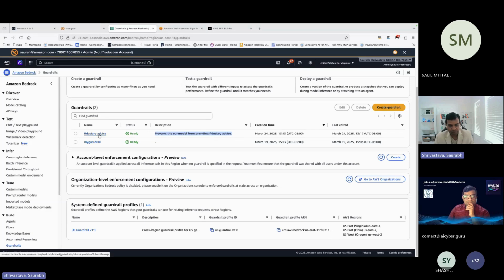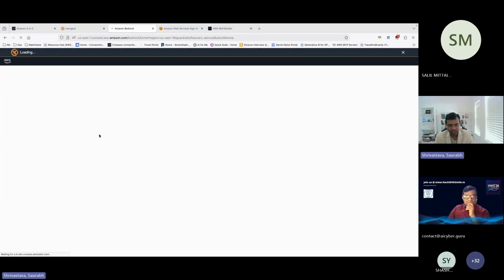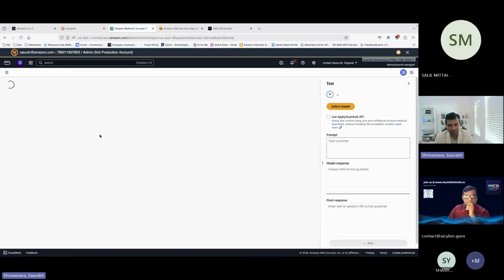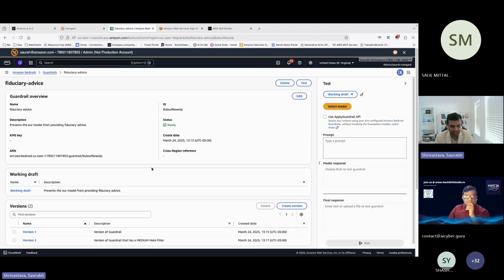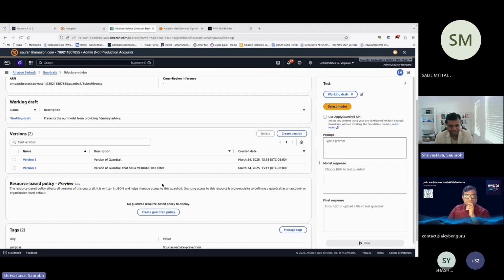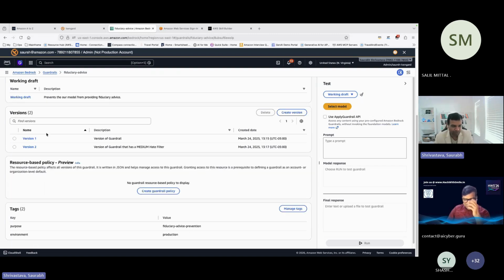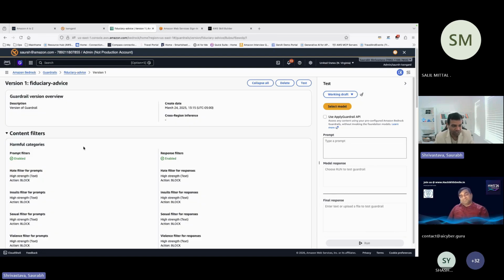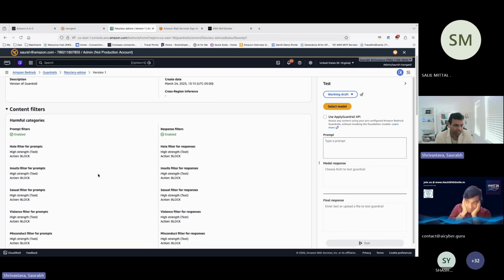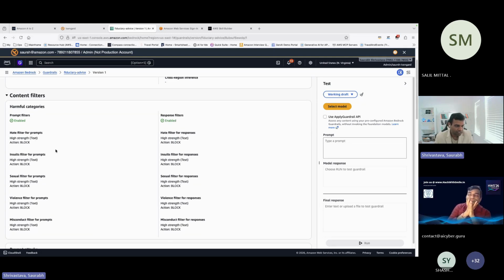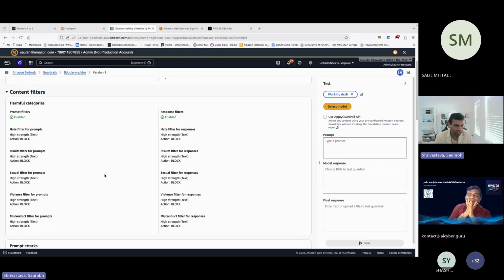It means if I'm putting an agent, I don't want the agent to give financial advice, because the agent is not certified to give financial advice. It needs the SEBI certification. So that's why I put the fiduciary advice prevention, and it is blocking different text